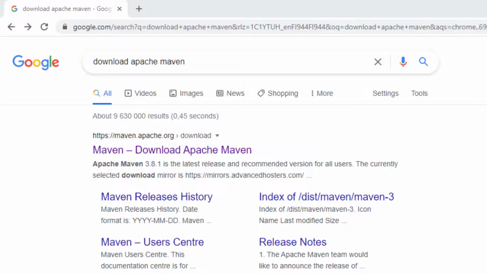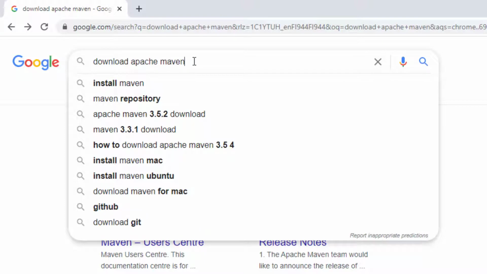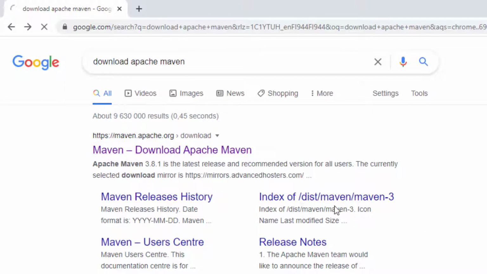In this tutorial, I'm going to show you how to install Maven so that you can access it on the command line. Just search on Google for "download Apache Maven," and then you go to this download page,